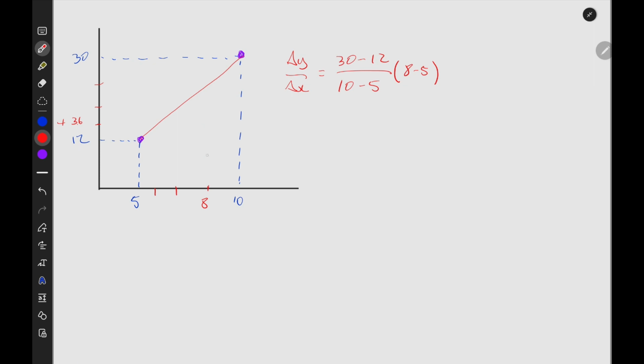But what we've defined is this line between here and here. So we have this, but that's not what we want. We want this line all the way to the origin. So what we have to do is add on the initial value of y, because we've calculated this difference here. This bit here gives us this value. We need to calculate the rest of this. So we add on the lower value of y, which is 12. So then we can say times that by 8 minus 5, and then add 12, and we get our linearly interpolated point is